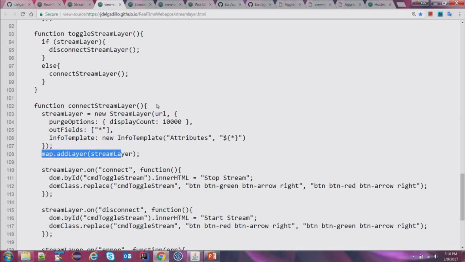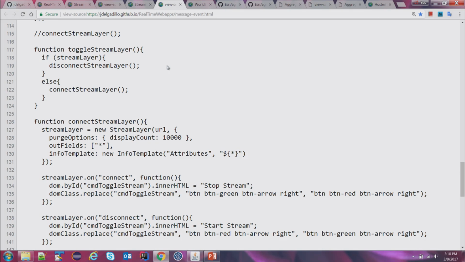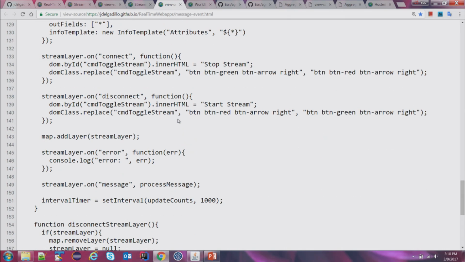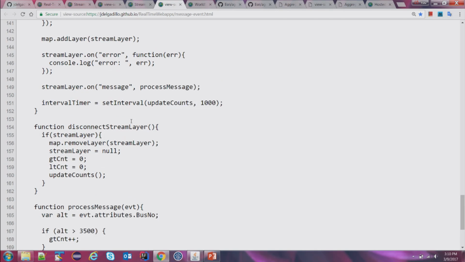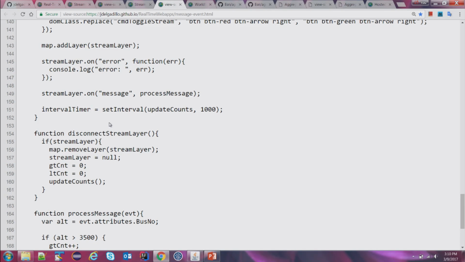One of the other nice features about the JavaScript API is it lets you add a listener for all of the events that come through. So I can take an action on an event by looking at its attributes. And the way this works is, on the stream layer itself, you can add events. Right here, you see there's stream layer on. If there's an error, it's going to call this function and just log the error. But what I'm interested in is every time I get a message, I want you to call this process message